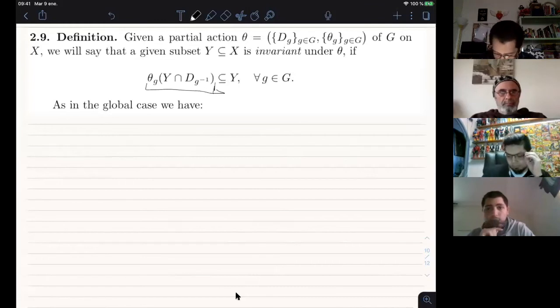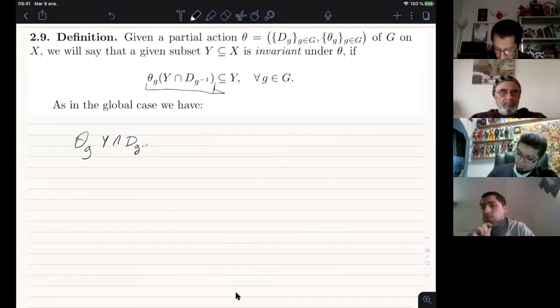Reasonable because, of course, y might not be inside the domain of this function, so we intersected with the domain of this function, and then we applied the action, the partial action of the group in this space,